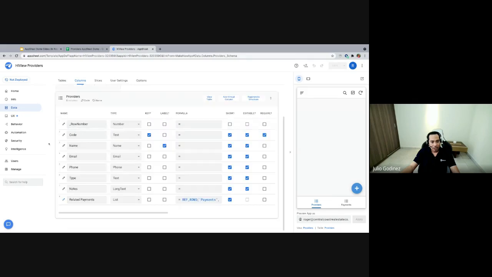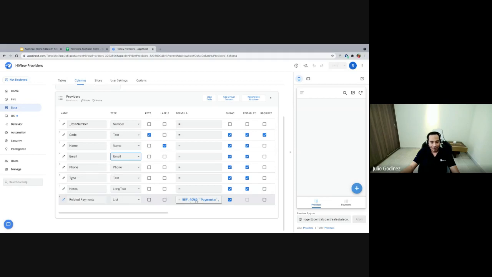If you click on columns, we're going to see, well, let's start with providers, okay? So as I mentioned, the platform already identified what type of data we're going to be capturing for those fields. For example, under code, it is going to be text, right? It will allow us to add not only numbers, but, I'm sorry, not only characters, but numbers. Under name, it's the same. We're going to be able to add letters and numbers. Under email, it is going to just validate the structure of the email address. And as you can see, the AI is doing a lot of the work. Usually, with a regular data table, you need to come and select which type of data you're going to be capturing for each field. So then we have phone, which is type text, we have notes,